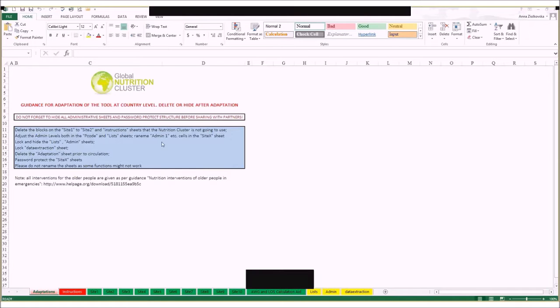Some of the functions make it easier to key in administrative issues, for example, the partner and the admin levels, to ensure there's minimal error and to ensure that the admin levels, the spellings, are the same. It also has a key function on ensuring that all the calculations are done automatically. And it has an automatic function to collect all the data in one sheet that can be used for further analysis, for example, in pivot table. But I will take you step by step